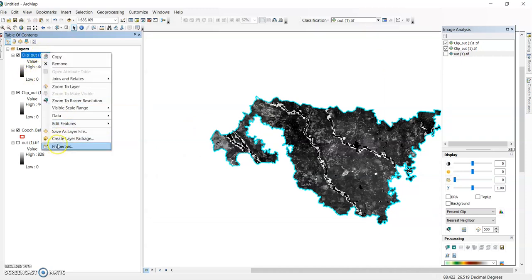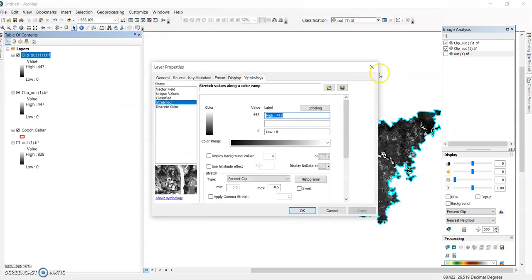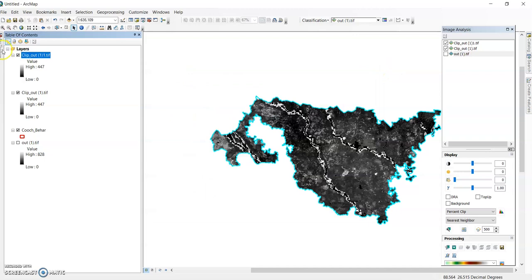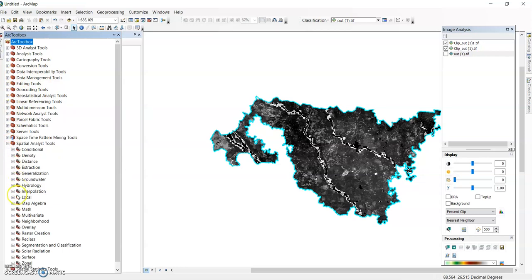So again, go to properties, and here the symbology, you can change it. Before doing that, you can convert dg to gram. Dg means decigram. Just open your ArcToolbox, and here the spatial analyst tool, and you can find map algebra.